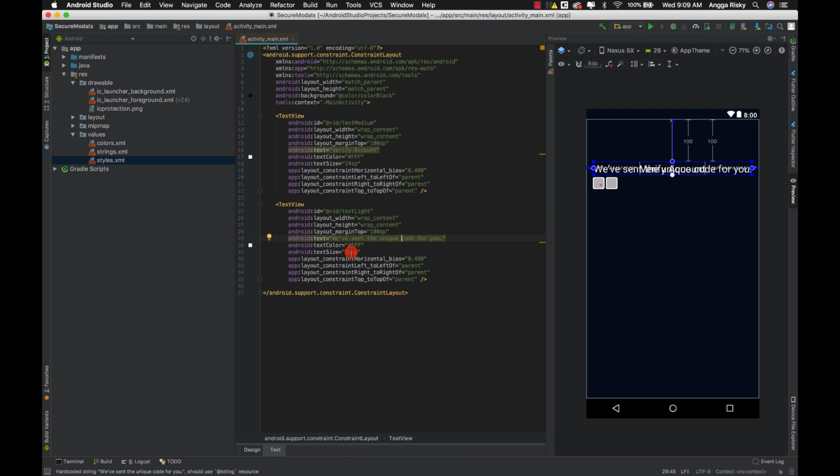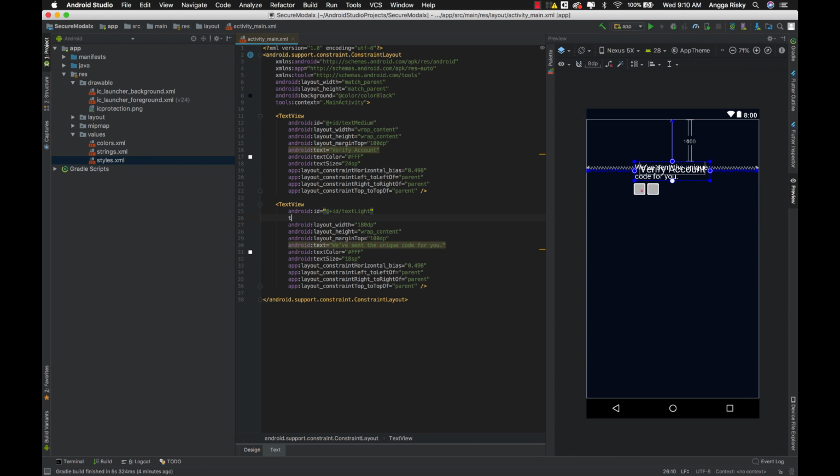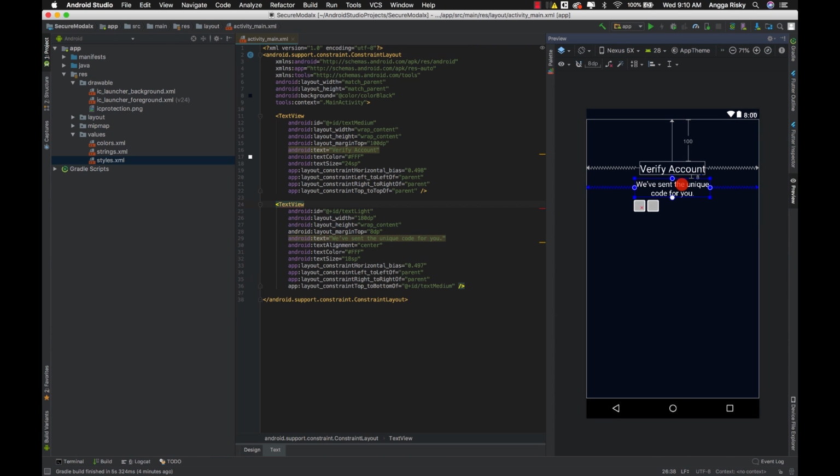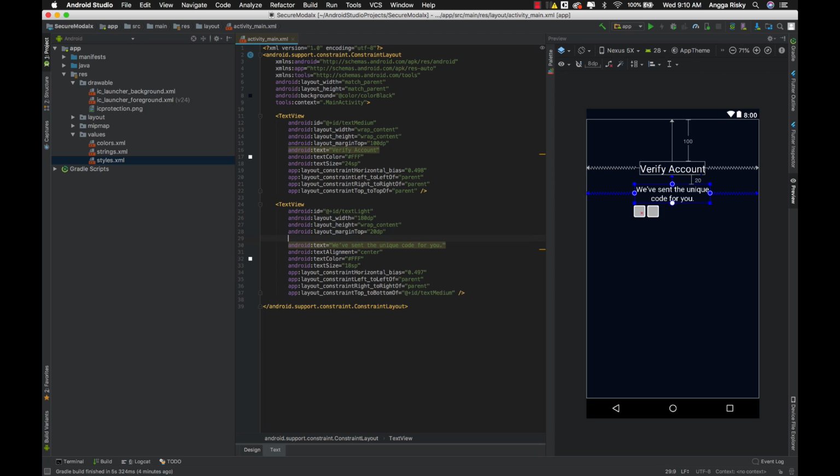For the text size I'm going with 18 sp, then I change the width to 180 and change the text alignment to center. After that I cut this off and make a new note here. For the margin top it's about 20 dp. We have to give the line spacing extra 8 dp. Oh, I think it's a little much, just 6 dp.